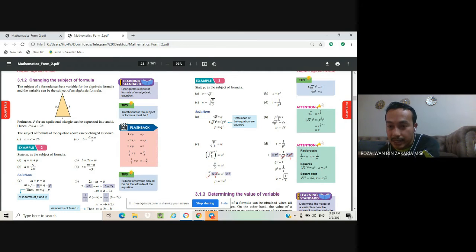Now we don't want this power of 2. We don't want this square. Understand? We want to make this square become power of 1. So how to make this P power of 2 become P power of 1? By square root of 2. This P power of 2 use square root of 2. That's why we put here square root of 2 P power of 2, then equal to square root of 2 S.